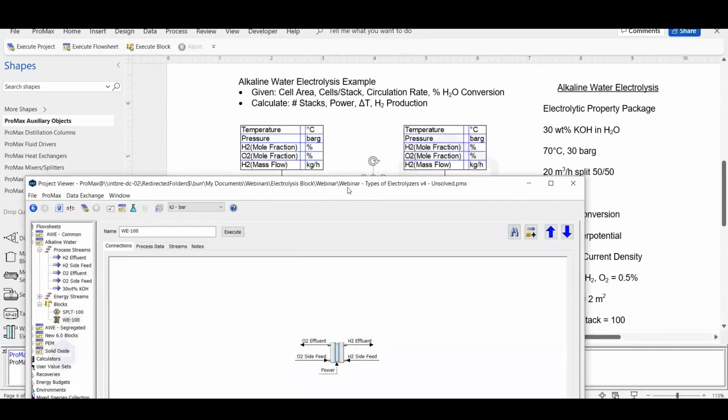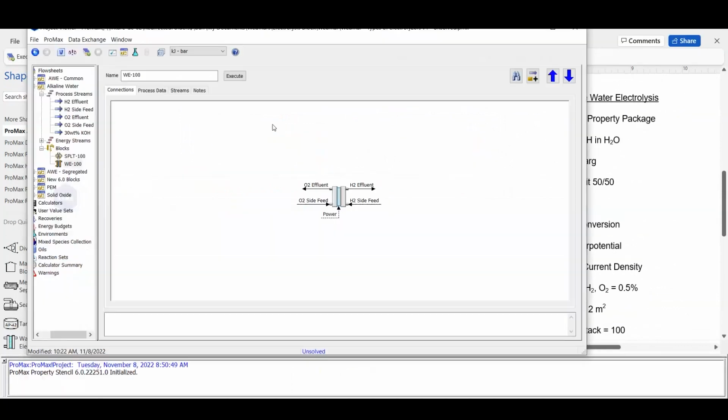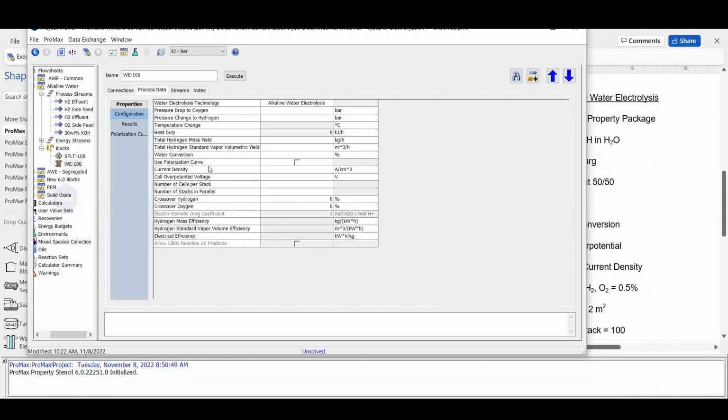Now, if we open the block with the project viewer, you see the connection stream. We see our standard connections here. There is an optional stream for the thermal energy. At the very top in the configuration, we have a selector where we can choose alkaline water or high temperature electrolysis, so we can choose which type of electrolyzer we're running. And then we're going to have these properties, which I'll briefly describe as we go through the